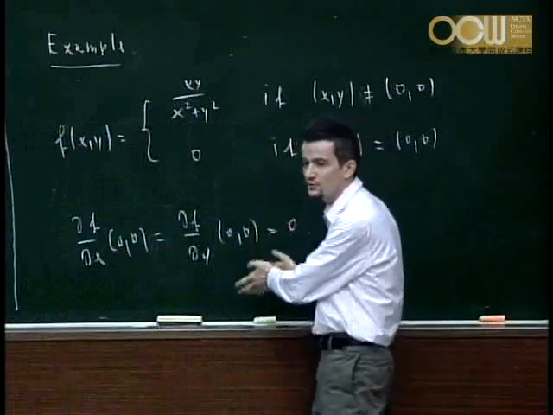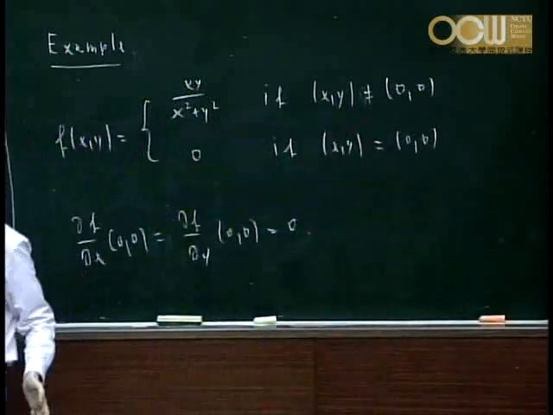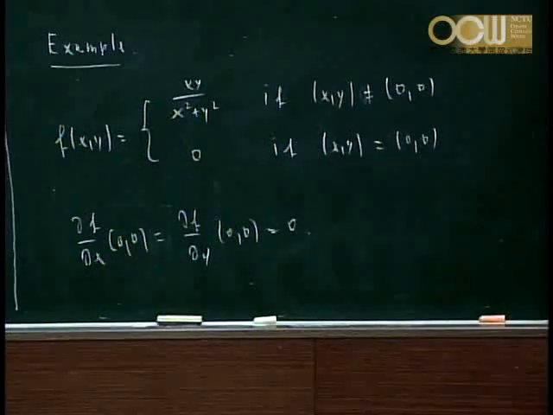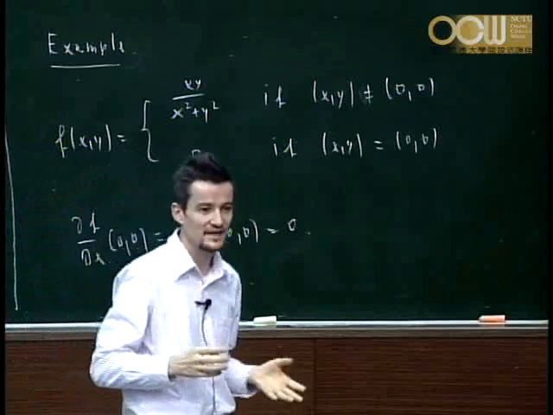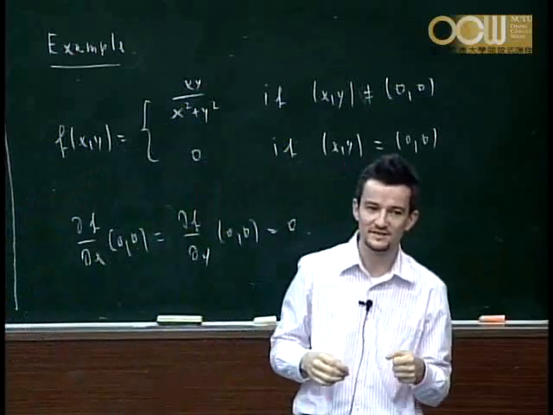One way you could argue is, you look at the definition of differentiability and you show that you are not able to find two functions epsilon1 and epsilon2 such that you can write delta z as partial derivative of f with respect to x times delta x plus partial derivative of f with respect to y times delta y plus some epsilon1 delta x plus epsilon2 delta y. So you have to show that such two functions, epsilon1 and epsilon2, do not exist. You cannot find such functions. And this actually is one of the homework assignments. Use the definition